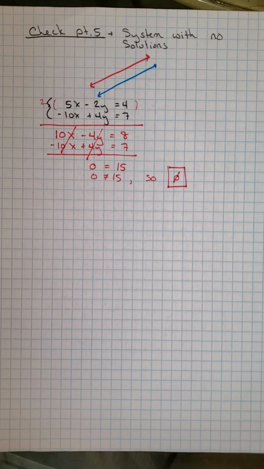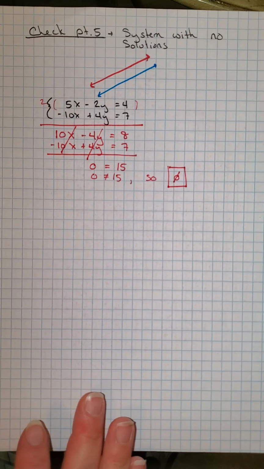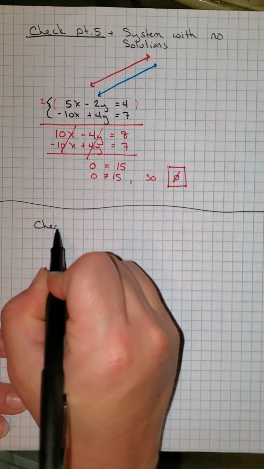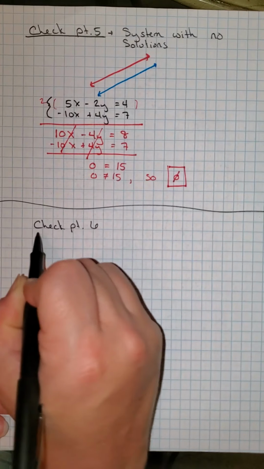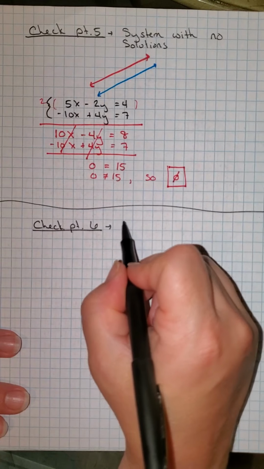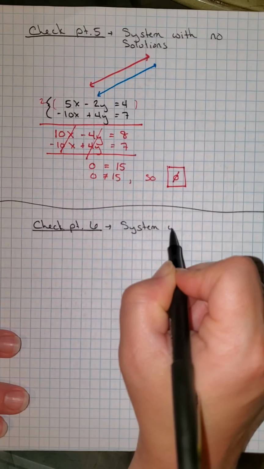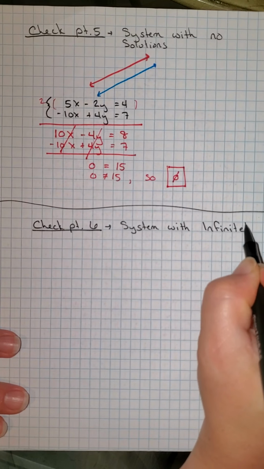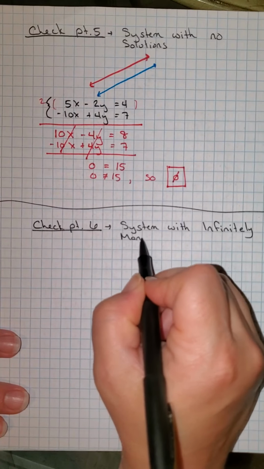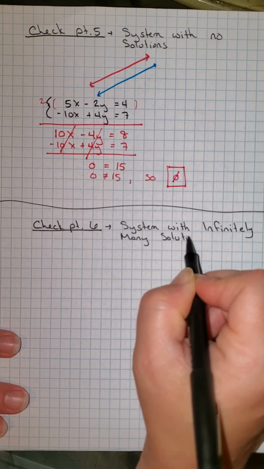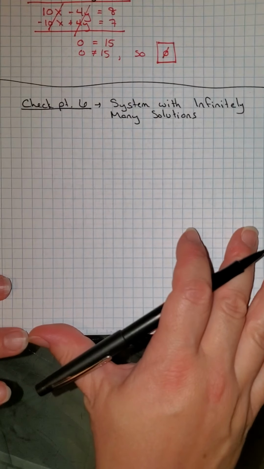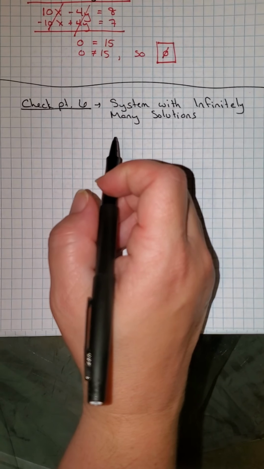If they were the same, if we got the same thing, like 0 equals 0, then it's infinitely many solutions, and that's what we're dealing with in checkpoint 6. When you have infinitely many solutions, the lines are actually the same. Okay, so for checkpoint 6,